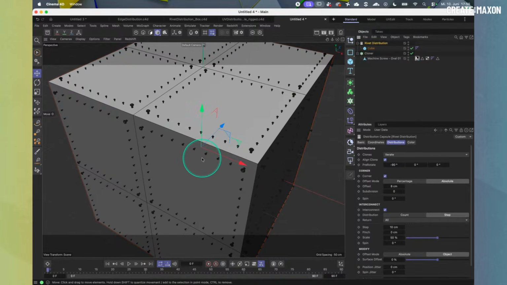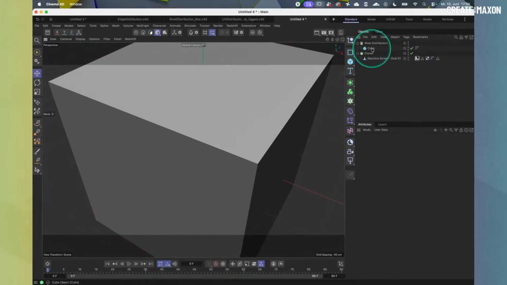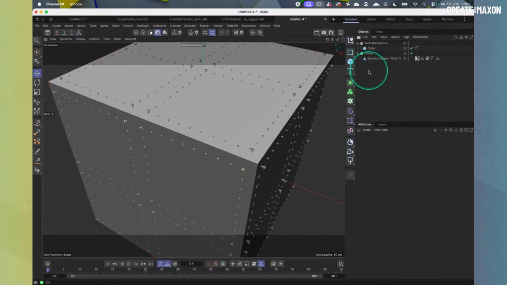Let's have another look here. There are a couple of things that I actually want to adjust. You can see that we have a selection option here, so we can reduce them or make them only show up on selected polygons. What I want to do is create a procedural variation of this cube where you can actually see those plates, so to speak. I'm going to show you that using